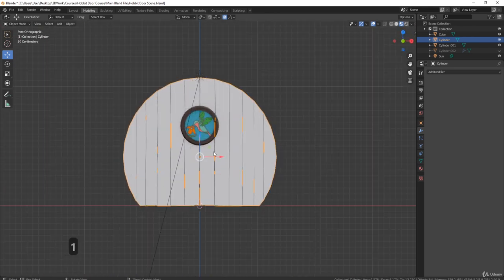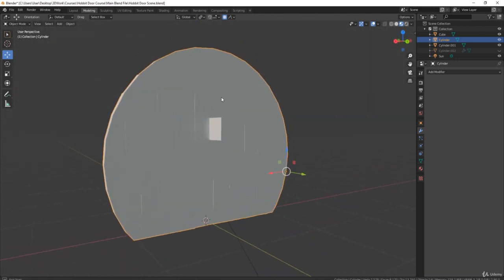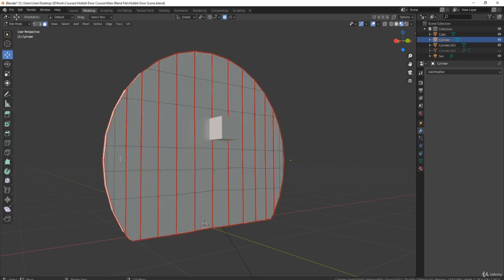Now the next thing you need to do is press 1 and just have a look if you can see through the actual door. Sometimes what it does is because it's proportional editing, it will affect the back of it. So what I tend to do now is I'll go to the back, come up to face select, grab each of these islands